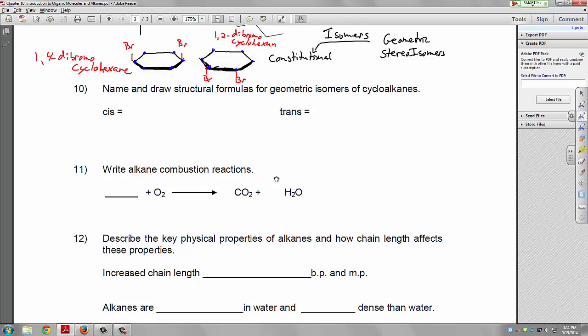So you see the numbers are different, the order of atoms are different. That's the thing about constitutional isomers. That's the kind of thing we've seen before. Geometric is a little bit different. Geometric, I'm going to redraw this